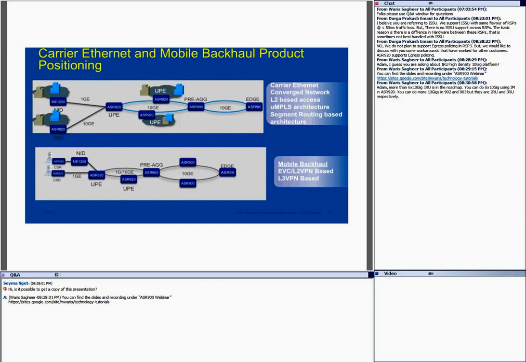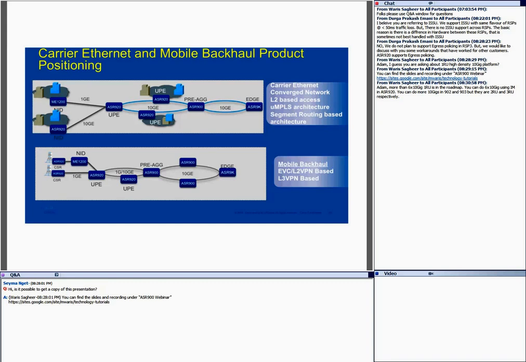Now, the smallest ASR920: when you have a 10G NID-based scenario, you need a 10G NID. The ME1200 supports only 1G interfaces, there is no 10G. And if there is a requirement for MPLS all the way to the NID, that's where the smallest ASR920 will come into the picture. And when we talk about ASR900 in the pre-agg,